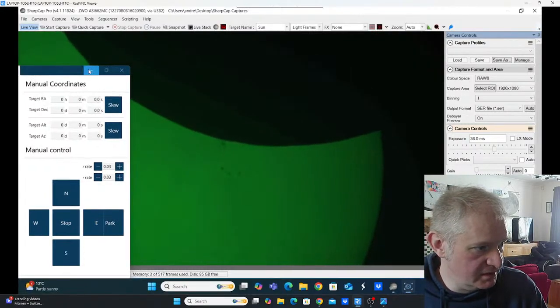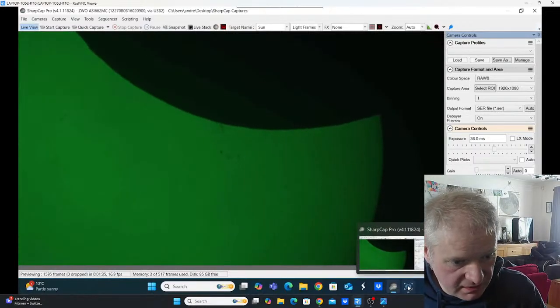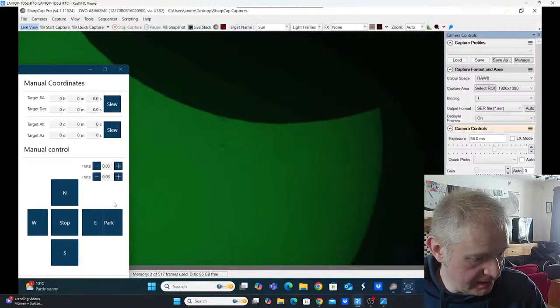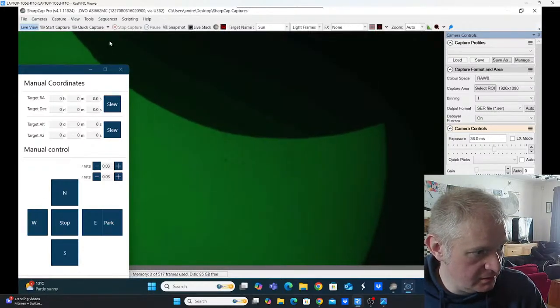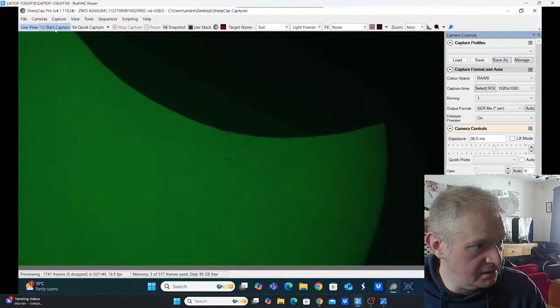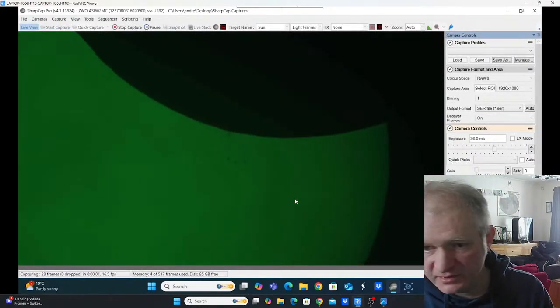Right, and then I'm going to do... Oh, it's drifting. You see the backlash on this mount is pretty severe. That's just because it's an old mount. So down, down, down. That's cool. And then start capture. So this mount is really old, and I refurbished it